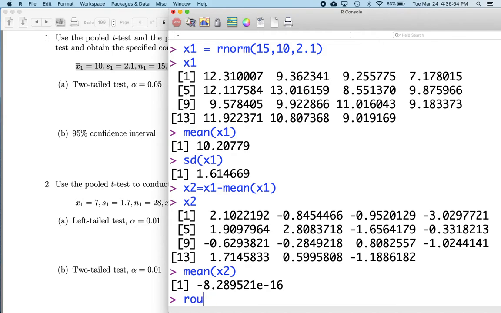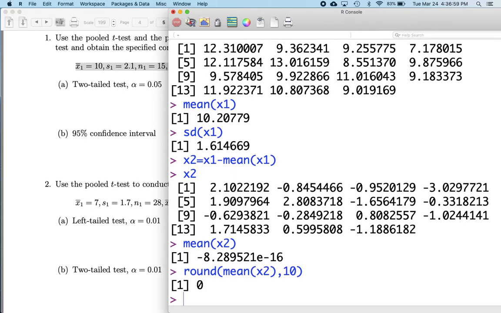So if I were to find the mean of x2, and if I were to round to, say, 10 decimal places, you get 0, right? You have to go to 16 decimal places or more to get a significant value. So anyway, now it's all centered around 0. What we're going to do then, now that it's centered around 0, is change its standard deviation. I want its standard deviation to be 2.1. So I'm going to multiply all the values by 2.1,